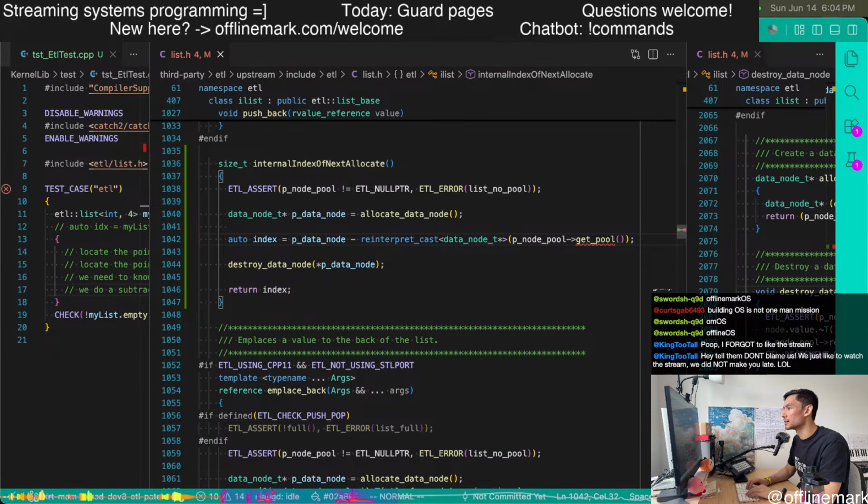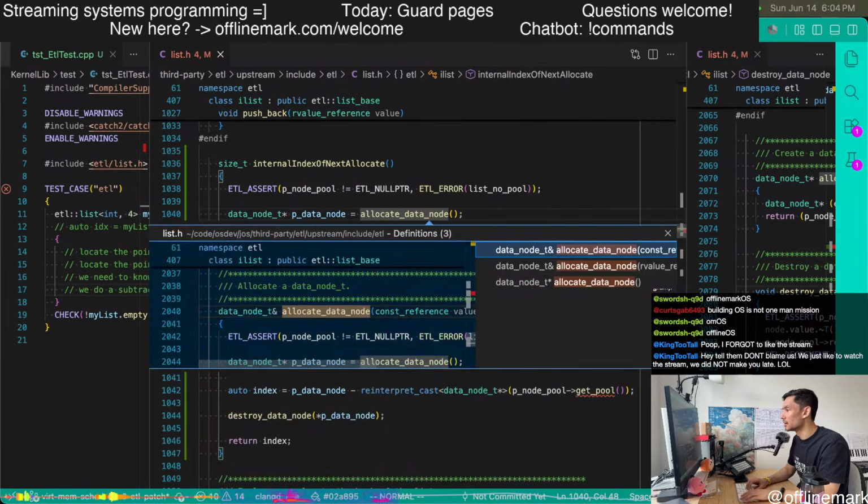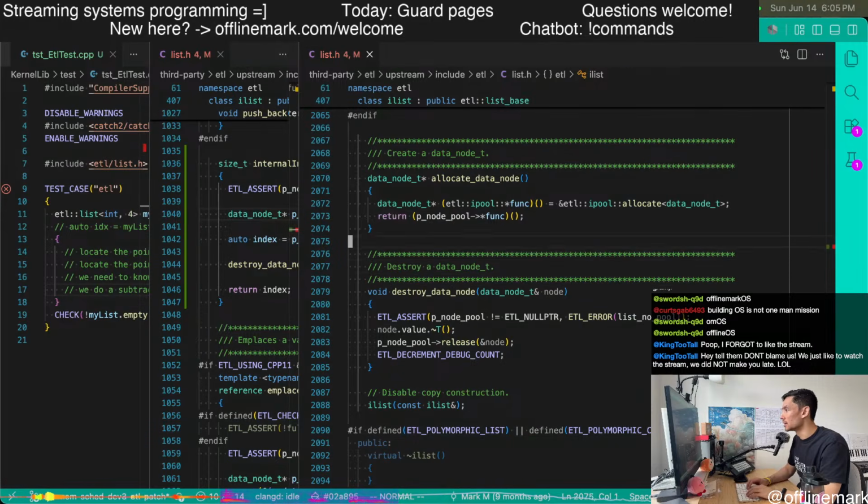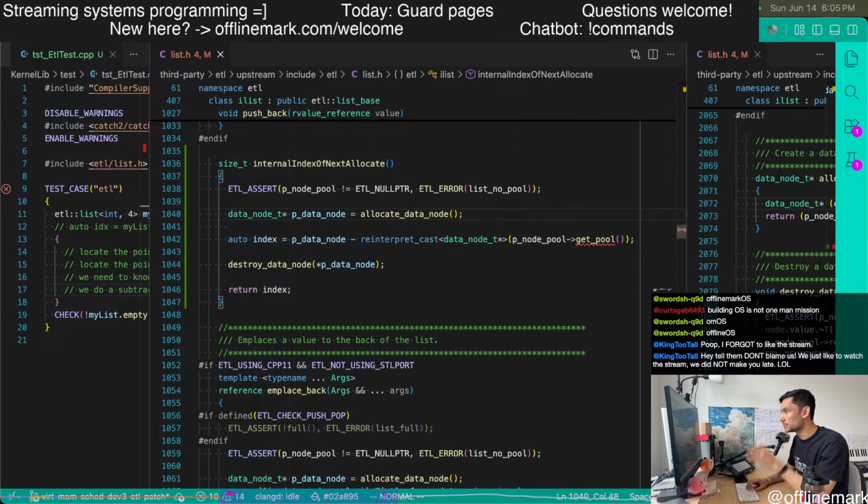Data node. The P node pool, that's the thing.